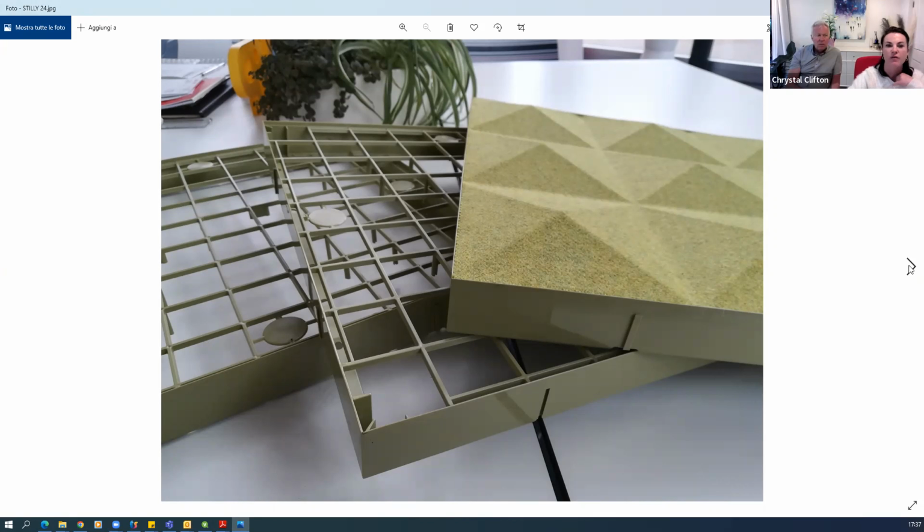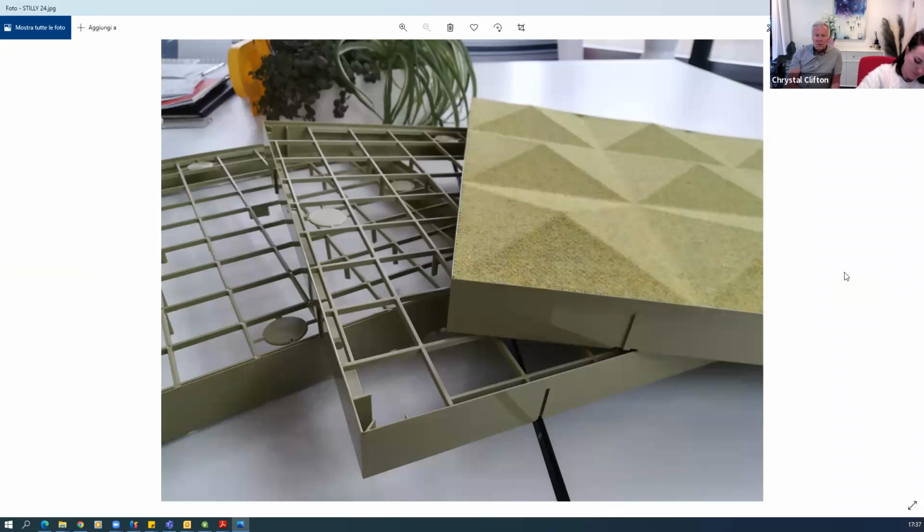Okay, so I guess the other question that they're asking is, have you ever had clients suspend the panels down, like using a cable system, so they're not attached to the ceiling, but they're more floating? Yes. Okay. We will see them with the Diamante collection now, just after the